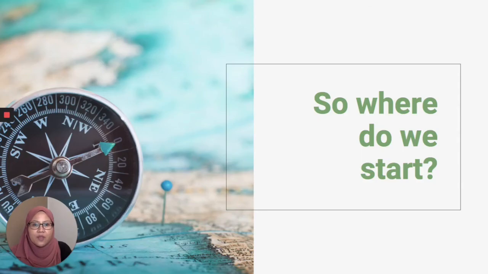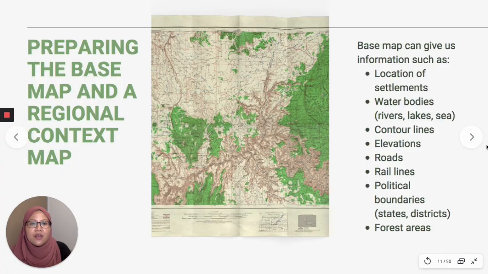Before we collect all the information, what are the things that are necessary for us to prepare? The first step is preparing the base map and regional context map, because this will be the tool that will help us to graphically document our inventory data, which later on we will need to help us plan and design for the area. Information such as the location of settlements, where are the village areas that might have been